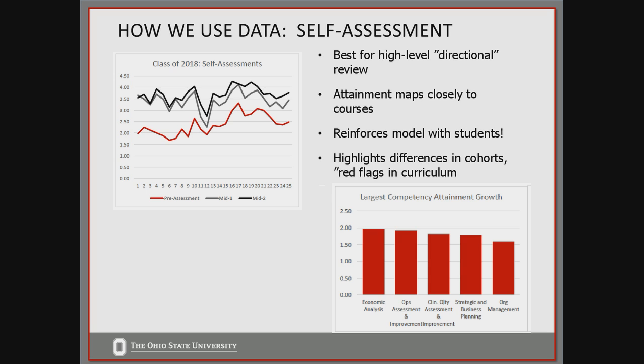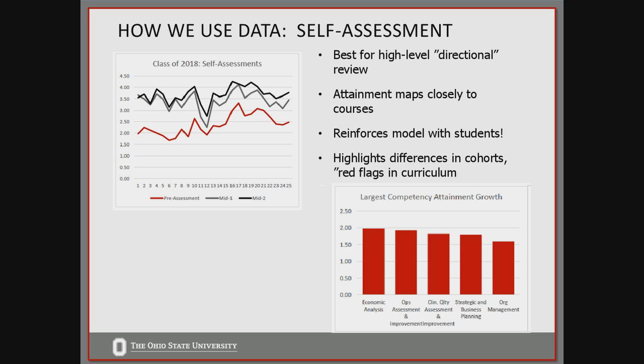The first thing is self-assessment data. As many of you probably know from your own programs, this is a pretty limited data source, can be biased, it can be challenging to get students to honestly self-assess. We have found it's useful though, for a really high level directional review. You can see on the left, this is one cohort, and we do the self-assessment 4 times a year. So it looks at their progress at 3 different points. I believe right when they start the program, at the end of the first year, and at the beginning of the second year. What you can see is, in general, a trend of improvement,